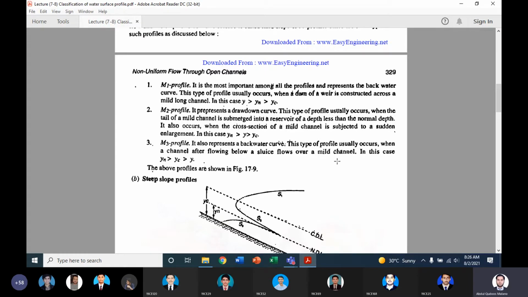ठीक है, तो उसमें जैसे जैसे हम गेट क्लोज करते जाते हैं, क्रॉस सेक्शनल एरिया नैरो होता है, तो वहां पर जो फ्लो होता है, that is a shooting flow, सुपर क्रिटिकल फ्लो. उसकी डेप्थ बहुत कम होगी, but the velocity is going to be very high, ठीक है। So in such case, in the M3 profile we'll obtain the supercritical flow, ठीक है, where you will see the critical depth is going to be greater than the depth of the flow, ठीक है। Is it clear?